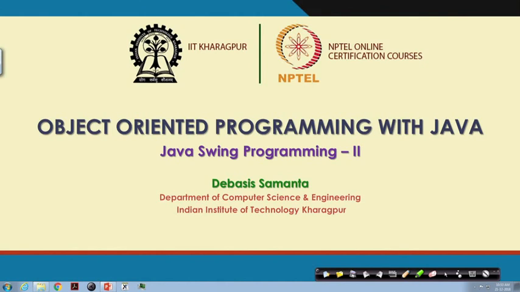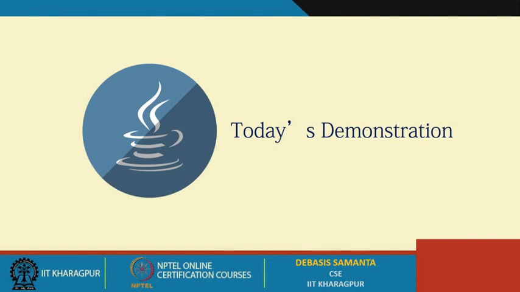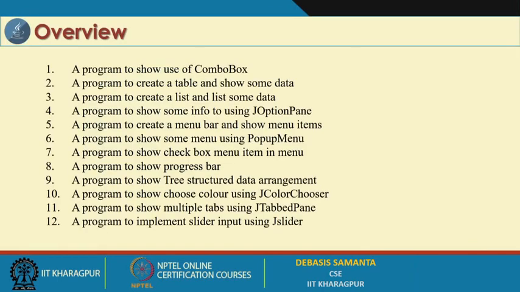Okay, so this is a continuation of our demonstration related to the Java Swing package in Java. This is the second part of the demonstration. In this demonstration, we are going to cover a few more components like combo box, JOptionPane, JColorChooser, JTree, JTabbedPane, and so many other things. So, let us have the demo first, and this is the combo box.